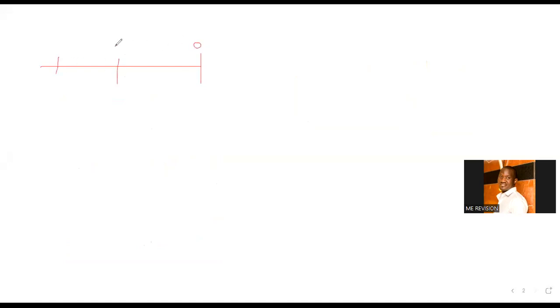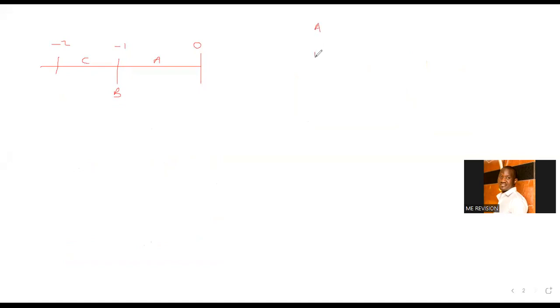We have 0, we have -1, -2. If the answer is between -1 and 0, we call that inelastic. At point B, it's called unit elastic. At point C, it is called elastic. So if they give you